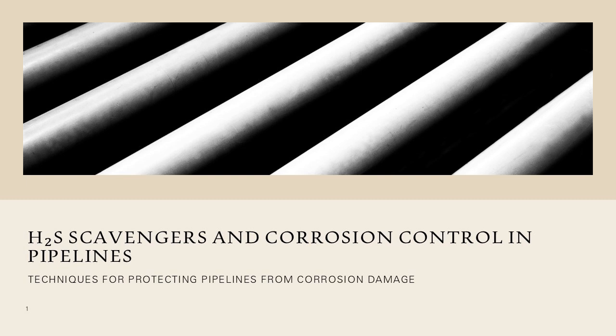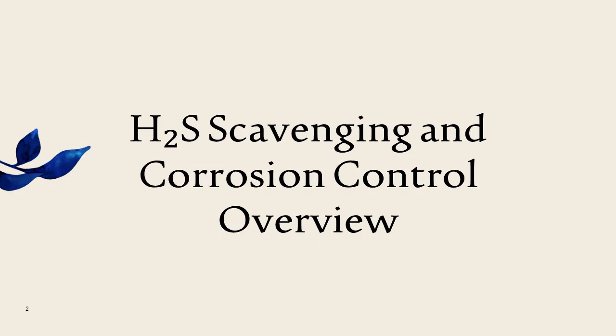H₂S scavengers and corrosion control in pipelines, techniques for protecting pipelines from corrosion damage. Introduction to hydrogen sulfide, H₂S, in pipeline systems, sources and formation pathways of H₂S, corrosion mechanisms driven by H₂S in pipelines, overview of H₂S scavenger technology, triazine-based scavengers and their application, injection philosophy and field deployment, phase interaction and multi-phase behavior, mechanisms of corrosion reduction through scavenger use, performance indicators and monitoring methods, operational benefits of H₂S scavenger programs,